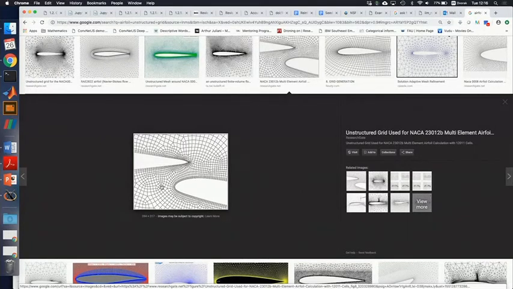So that's one way that you can get over the problem of how to impose boundary conditions on the surface of curved bodies. But there are many issues that come with it. Mathematically, it's more involved. Programming-wise, it's much more involved.